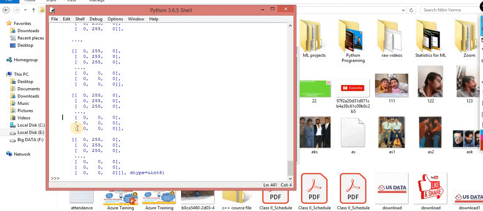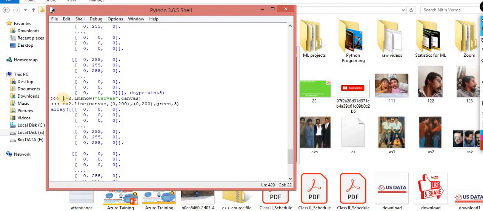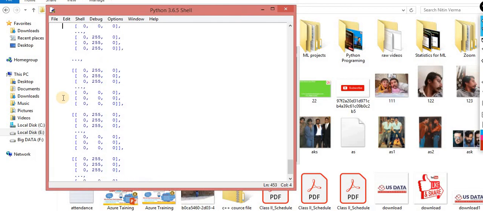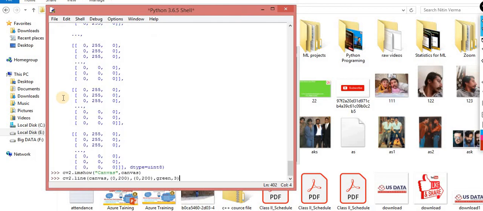You can check it out, the values have been changed. 255, 255, and the rest are 0, because we decided the color that is green. So R means 0, 255 means the green, and this one is the blue value, which I decided is 0. Let me try once more whether it's printing that way or not. No, I don't know why it's not showing. Let me try once more with the same standard, 0 to 300, and here again 300 to 0.